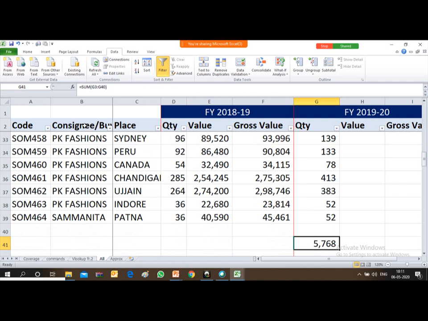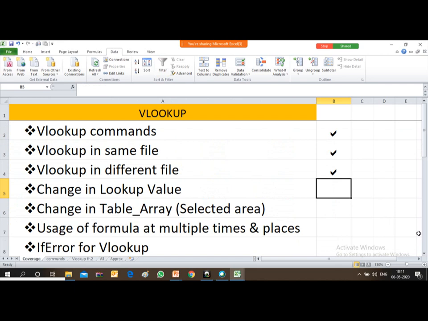It means that by using the name option, there will be duplicacy and I will not get the desired result. So friends, I just wanted to make it clear how you can change the column number or the range.